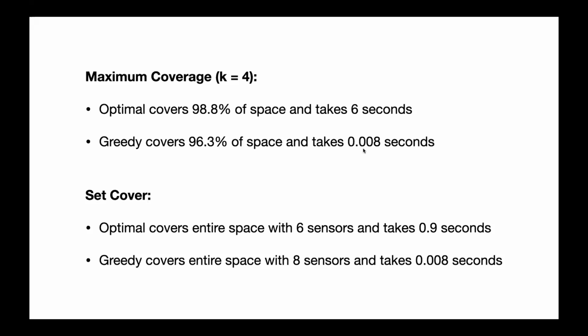I would suspect if you need, say, 100 sensors before you start to get significant coverage, probably this gap is going to get bigger, but also this runtime is going to get bigger. So for the set cover problem, we ran the same experiments and noticed that here the optimal is you can actually cover every single location in the city with 6 sensors. And that we could find in a little less than 1 second with Gurobi's integer programming solver, whereas greedy is actually going to use 8 sensors to do the same job. But again, right, the runtime is super low.